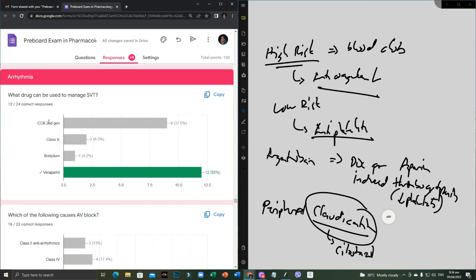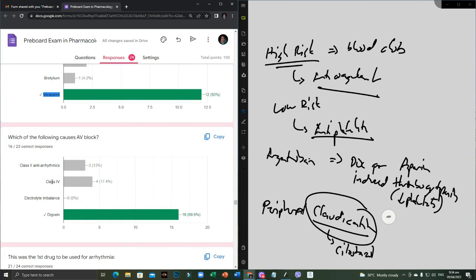Okay, we don't use second gen CCBs. We usually use first generation CCBs to manage supraventricular tachycardia. So again, that's verapamil and diltiazem. Which of the following can cause AV block or atrioventricular block? So that's digoxin. If you remember class, digoxin,